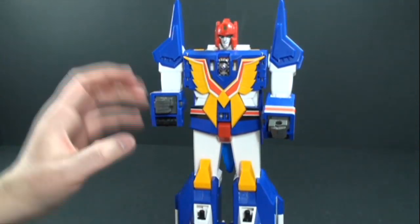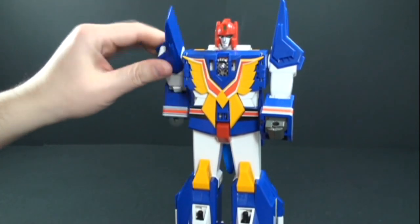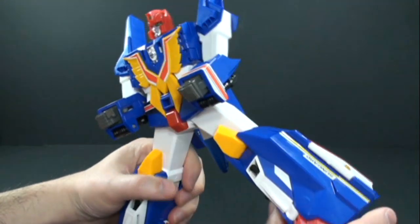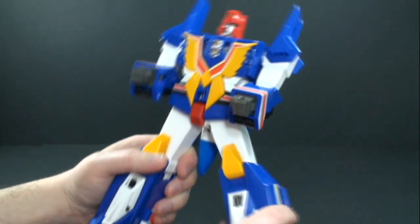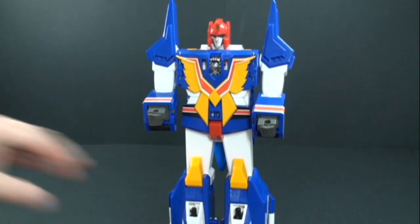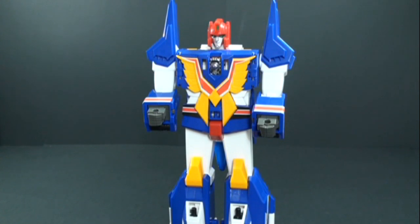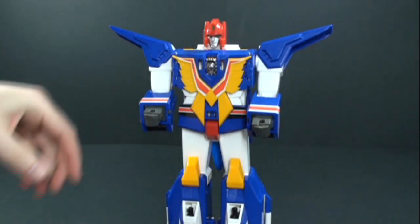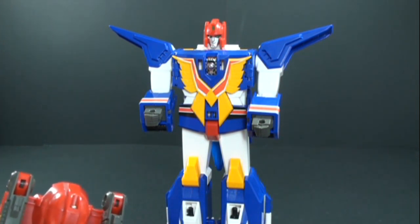Articulation real quickly, guys. He can rotate his arms around 360 degrees. He's got a nice elbow joint, and that's about it. I mean, if you want, I guess you can do that, but that was part of the transformation, but that's about it. All right, now, when he needs to get all armored up, put these down, and again, I'm going